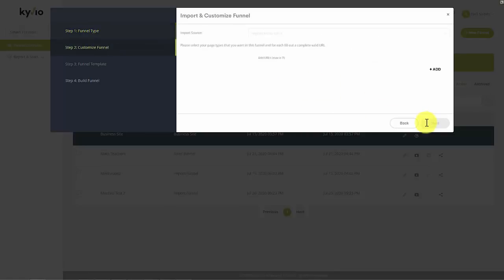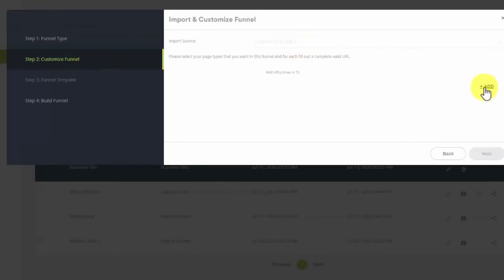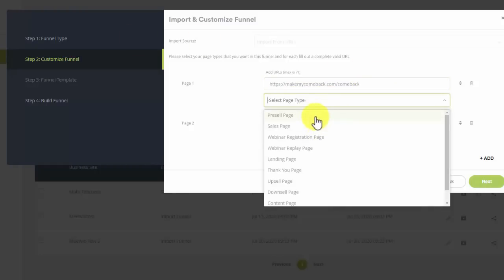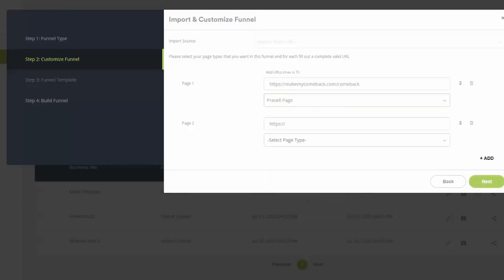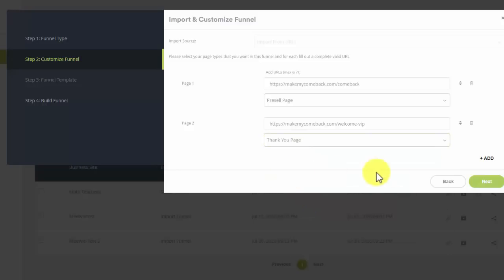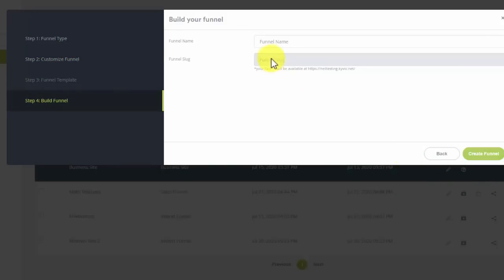So I'm going to click on import funnel, and let's go ahead and add a few other URLs as well. So let's go ahead and add this URL. Okay, so this is the first one, which is going to be the pre-sale page. It's his opt-in page, and then this is going to be his welcome page. So this is going to be the thank you page. Just as important for classification. I'm going to click next and call this